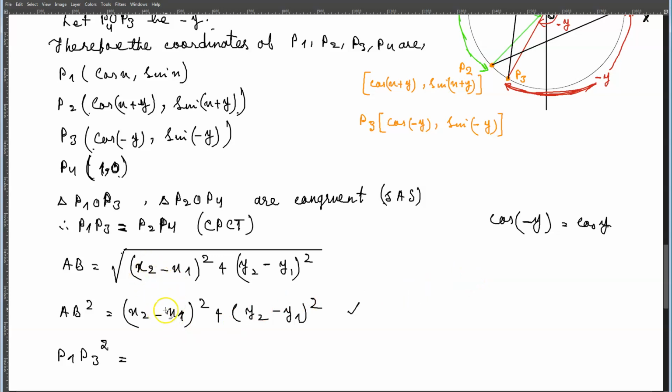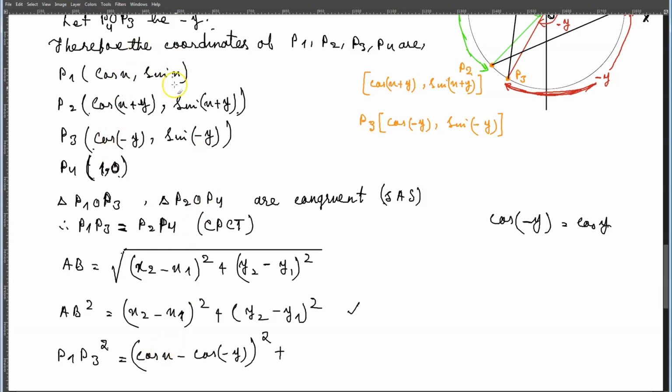So I can write cos of x minus cos of negative y whole squared. Let me write it that way: cos x minus cos negative y whole squared plus y2 minus y1 whole squared would be